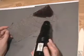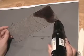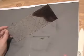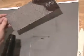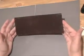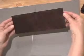On some spots you'll notice that you might have a little bit of a fuzzy spot on it. Just go back and hit it again with the heat tool and it will remelt. So you're going to do that for your whole piece. Okay, so we have our piece all done, and if you can see the lines, I'm hoping that comes through